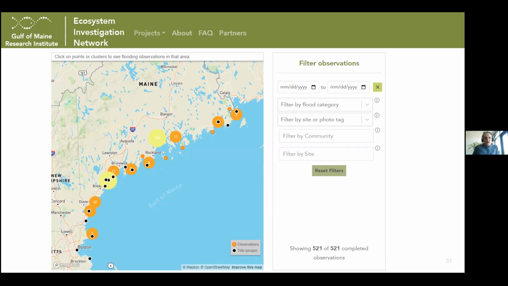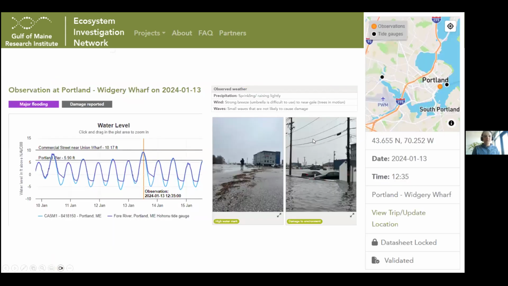And then kind of the final piece is getting all of these observations. I think since we launched this project, we've had maybe 6,000 observations contributed to the project, bringing them all into this online data platform where if you're the National Weather Service or some sort of a municipal planner, you can filter through the observations by severity of flooding, the type of site it is, where it is, the dates, and you can pair essentially these observations of water level impact with tide gauge measurements.